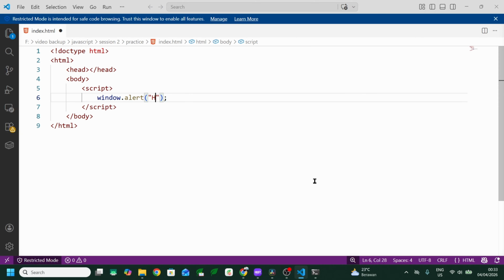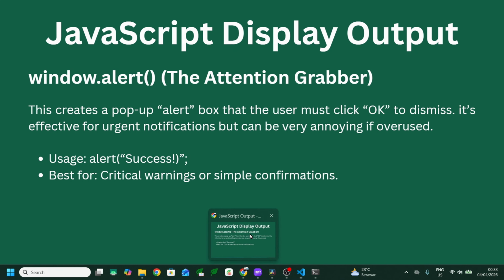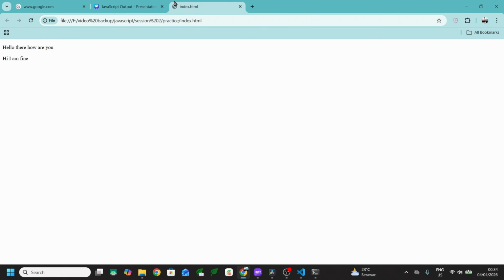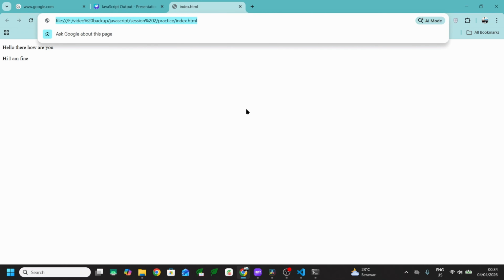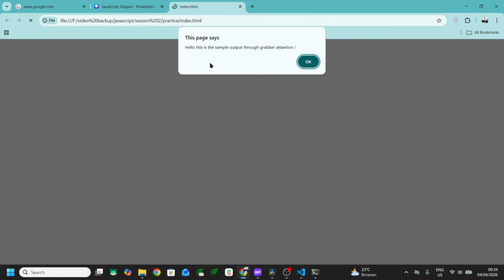For example, "hello, this is the sample output through grabber attention." Okay, we check the output result via our browser. I will refresh my browser and this is the result.